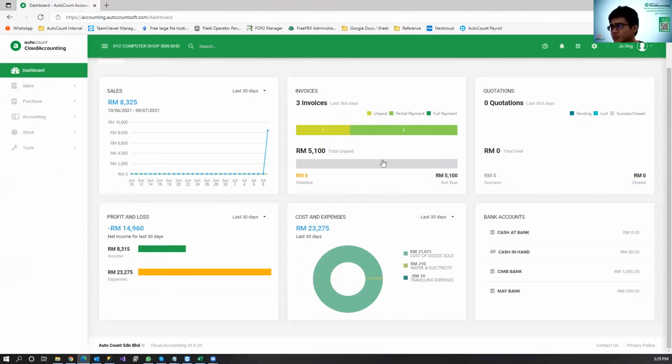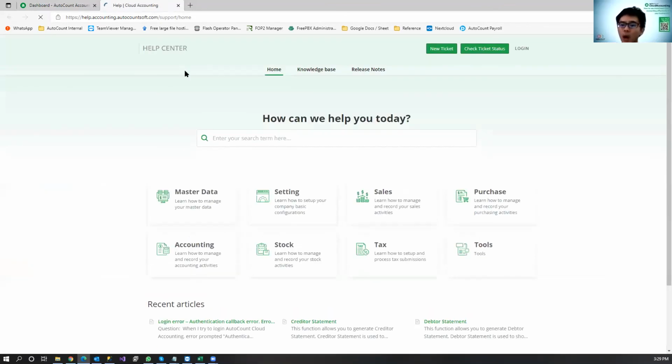So again, coming back to when we talk about if you need any help, you can click on your name. When you register, you have a name, and it will show JS Ong, which is me. You can click over here and find a few things. For example, number one, help. When you click on this help, it will direct you to our help website.